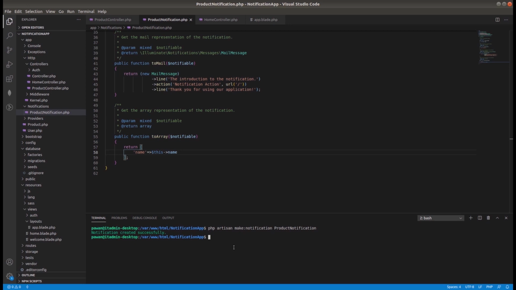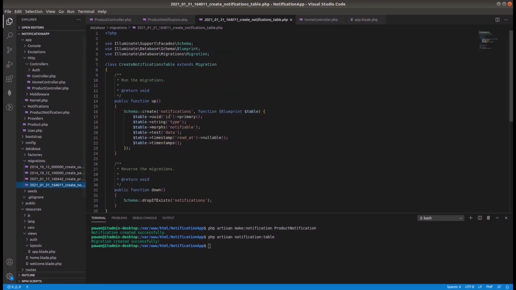But here we have to create a table as well. Since we are using database notification, we must have a table for notifications. We can create that table using php artisan notifications:table. This will create a migration in the migration folder, here is an ID, type, notifiable, data, and read.